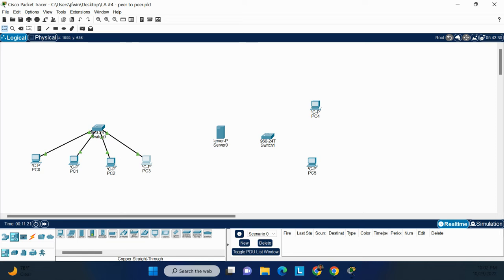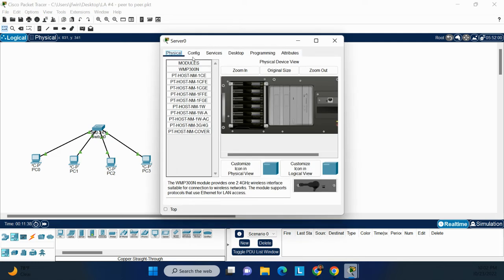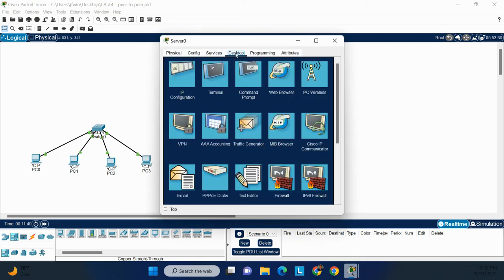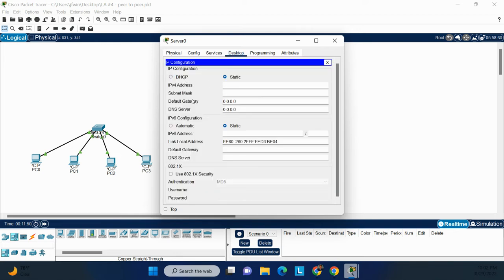So it says here, step 2, we're going to configure the DHCP on the server. On step 2A, it says click on server 0. So this is server 0. I'm going to click it. Go to the desktop tab. Remember, you know where the desktop tab is up here. You're going to go to IP. We're going to assign the server an IP static config. So I'm going to go to IP address. And if you notice, it's a little bit different than a computer, but we're dealing with an IP config static. And I'm going to type in